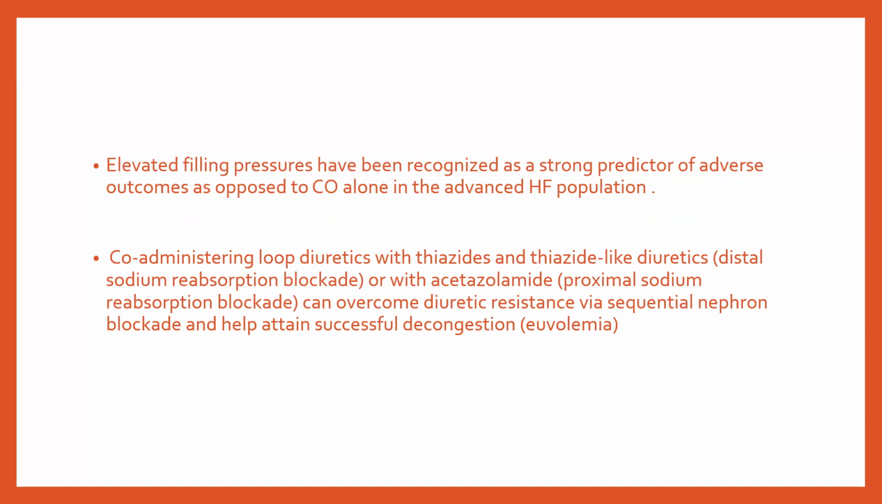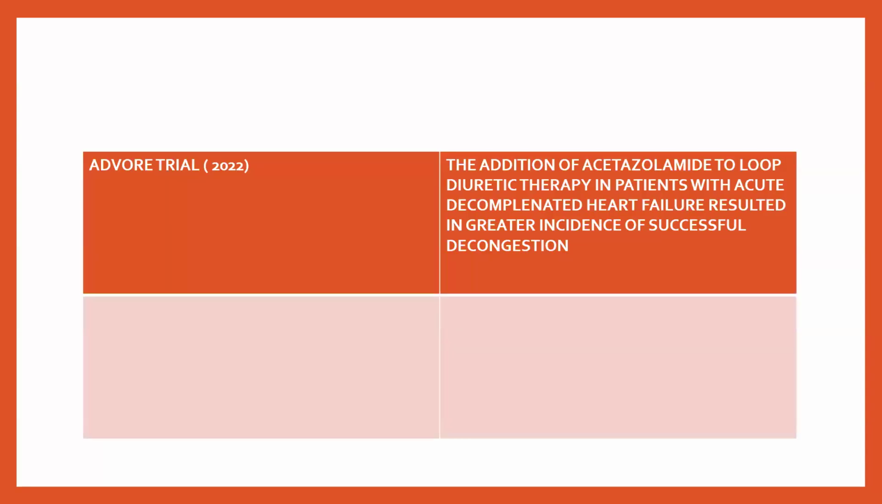So co-administration of loop diuretics with thiazide and thiazide-like diuretics, or with acetazolamide, can overcome diuretic resistance via sequential nephron blockade and help to attain successful decongestion, that is euvolemia. So in 2022, the ADVOR trial was published. In this, the addition of acetazolamide to loop diuretic therapy in patients with acute decompensated heart failure resulted in a greater